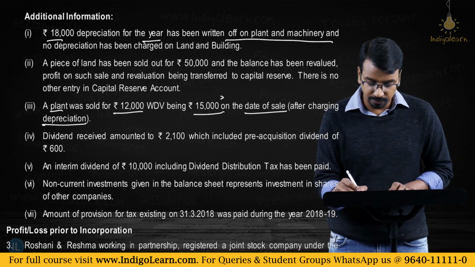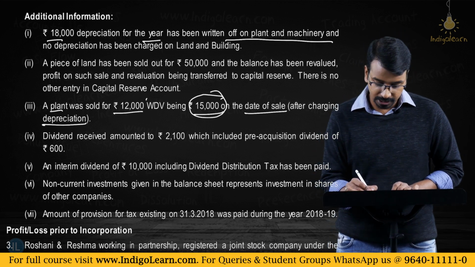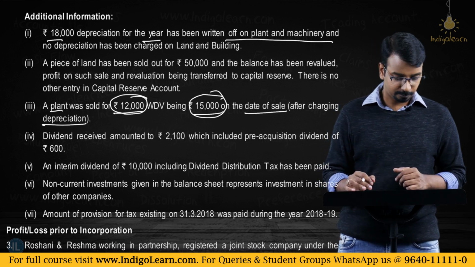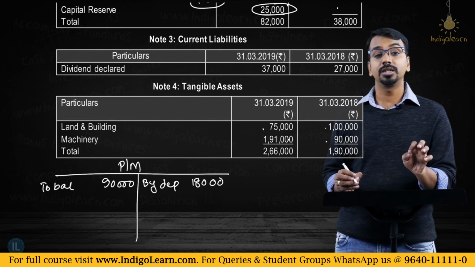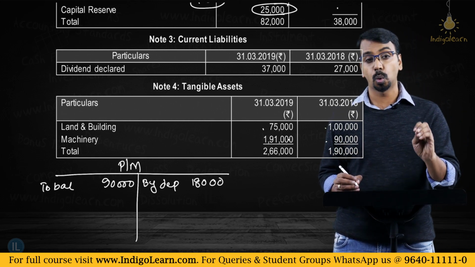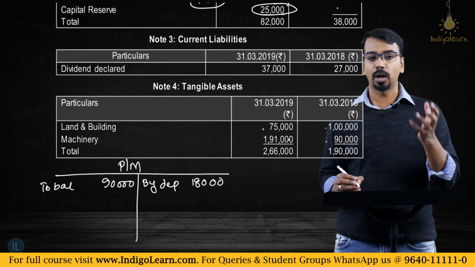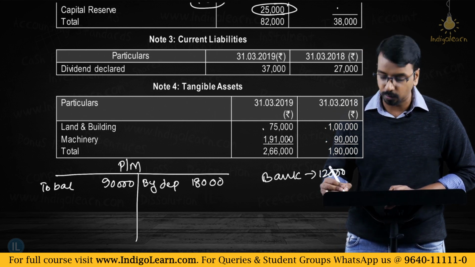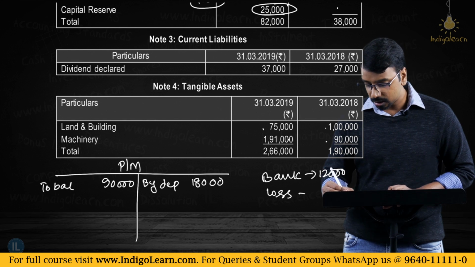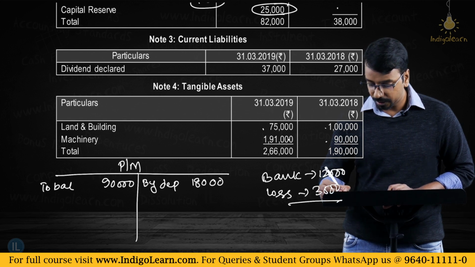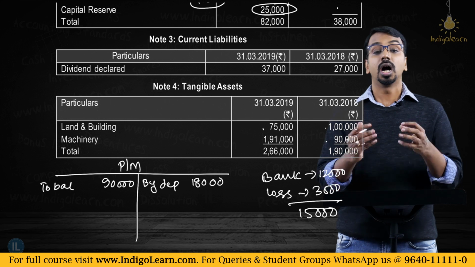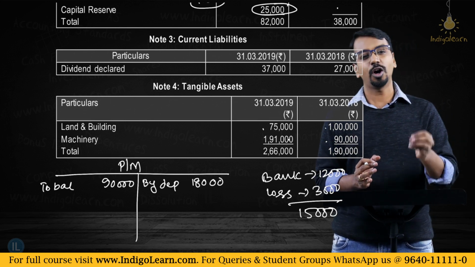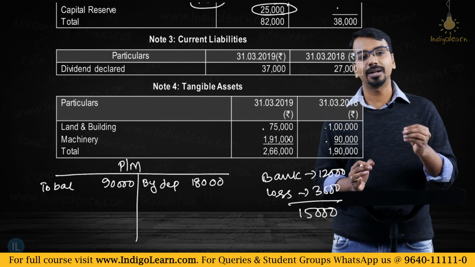So whatever is the WDV, you have a WDV of 15,000 and that plant was sold for 12,000. Now what does that mean? From this plant and machinery account, plant worth 15,000 was sold and it was sold for 12,000. So what did you get? You got bank, or amount received in bank is 12,000, and you incurred a loss of 3,000, which makes the total to be 15,000. A WDV, plant and machinery worth 15,000 has been sold for 12,000, on which we incurred a loss of